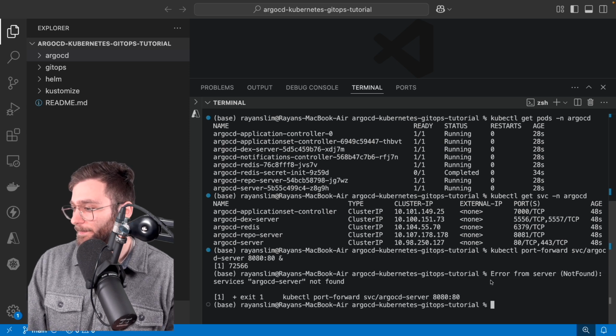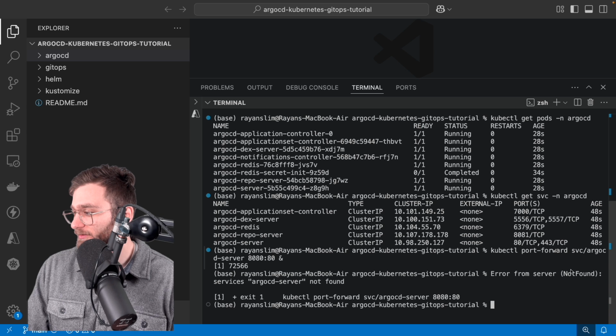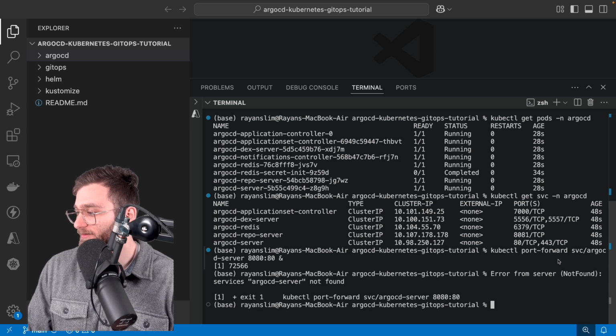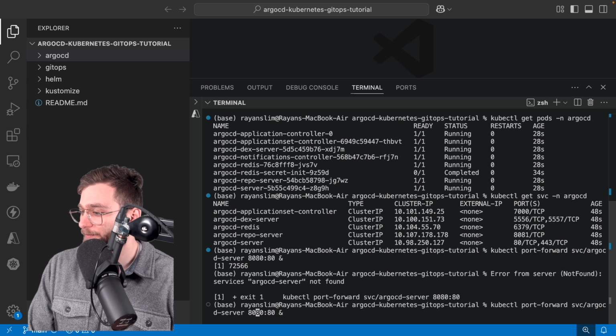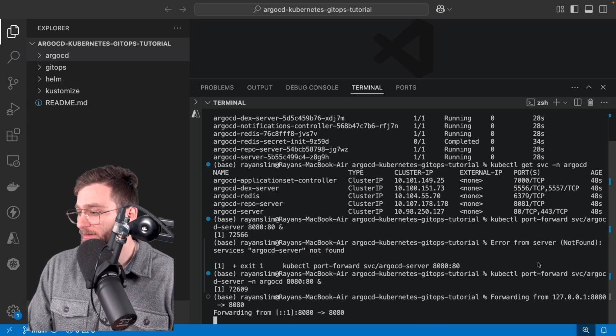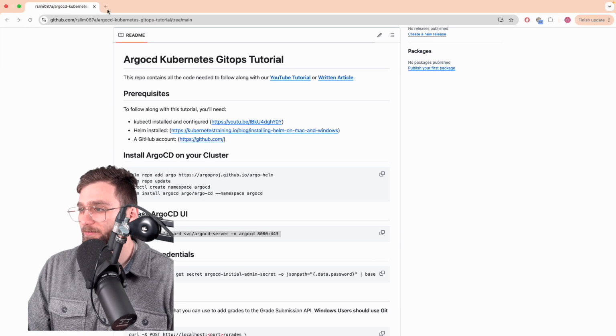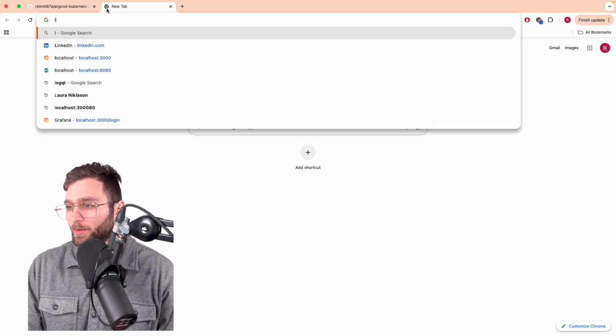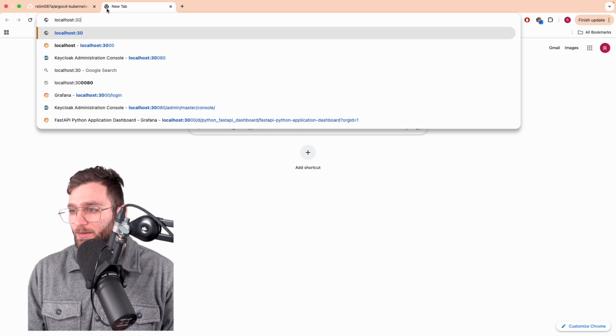All right, so I get an error from server: argocd-server not found. That's because it's inside of the namespace argocd and I did not specify that. So here I'm going to say --namespace argocd. Try that again. Beautiful. So now if I go to localhost:8080,